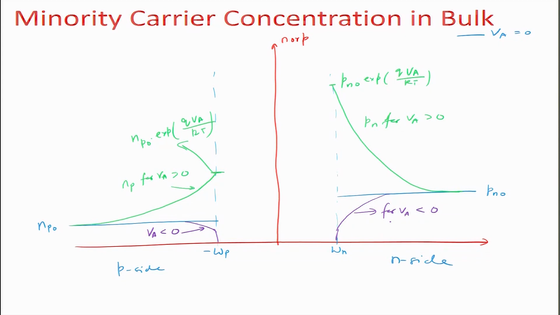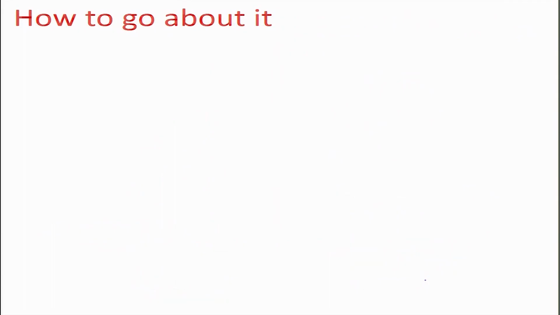And let us assume for the sake of analysis new positions. This position let us say we define as 0 prime, this position we define as 0 double prime. So on this side we take x double prime, on this side we take x prime. So how do we go about it? Well, first we need to solve the minority carrier equation in the bulk regions